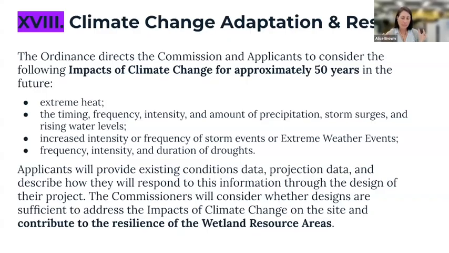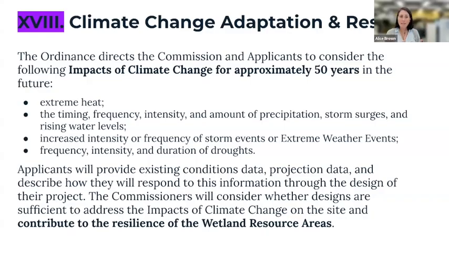And it's for approximately 50 years. We recognize that the models available now will be updated iteratively, but there may be times in which the best data we have is only 40, 45 years in the future, and other times that we might have a 60-year model looking further forward.